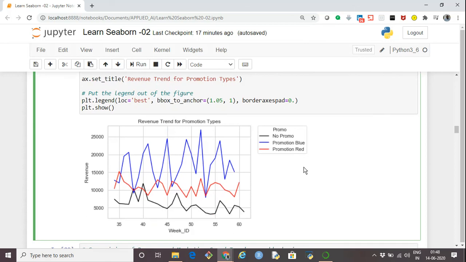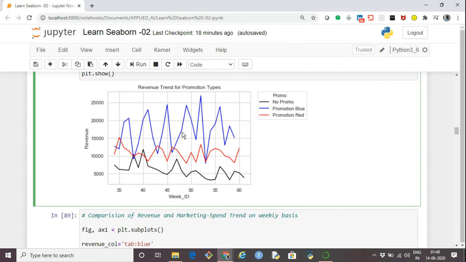Now another thing that you notice is the legend this time is coming outside this particular graph, and how to generate this is by using plt.legend. Location is best. We have to use bbox_to_anchor. So this is used to generate a legend in the form of a box and outside the graph. So we are specifying the location, x and y, and it will be generated outside this graph. Otherwise it would have come inside the graph and overlapped on these lines, which I didn't want. So that's why I'm putting it outside this graph, and then we are generating this graph. So that's how we generate the line plot based on the different promotion schemes.